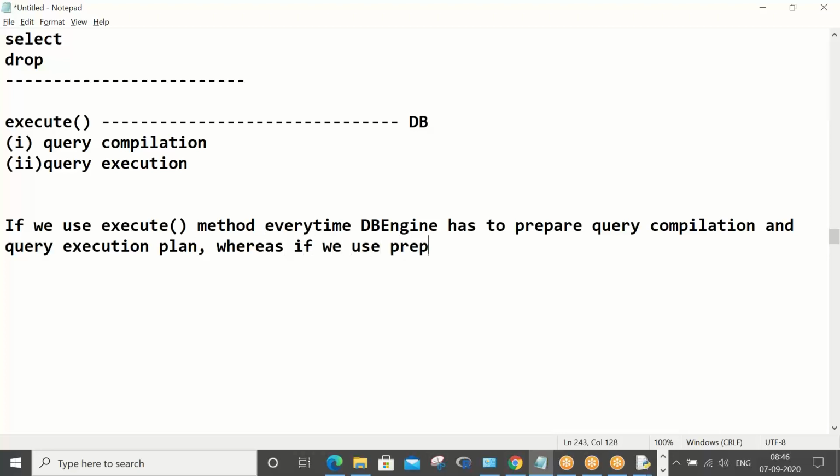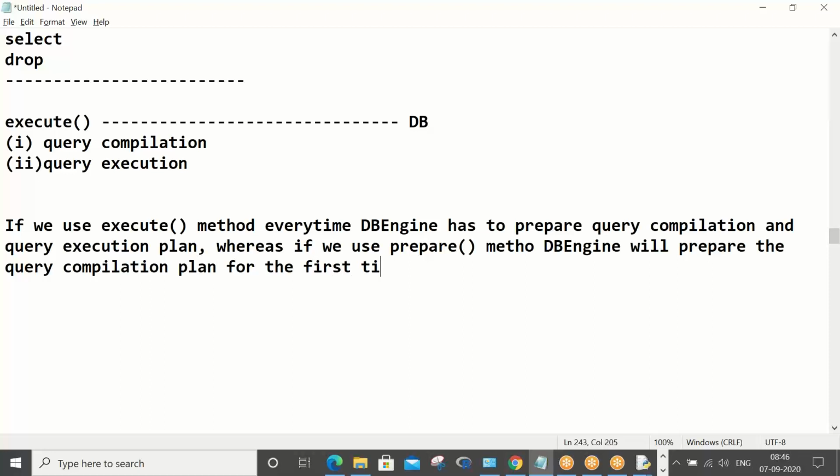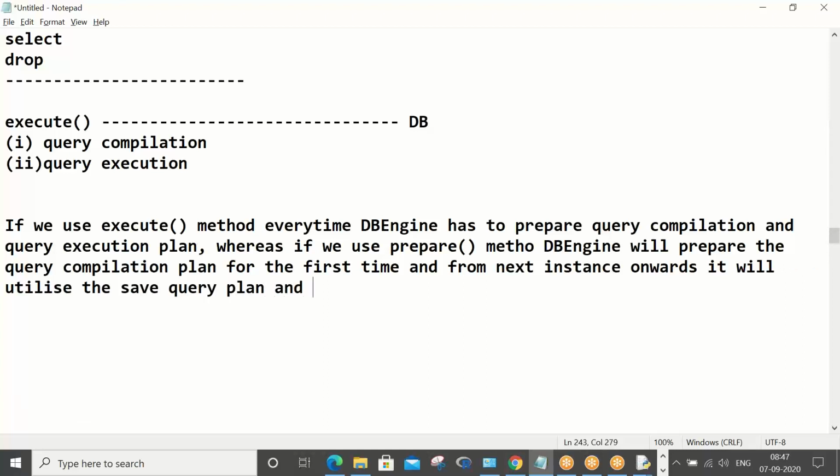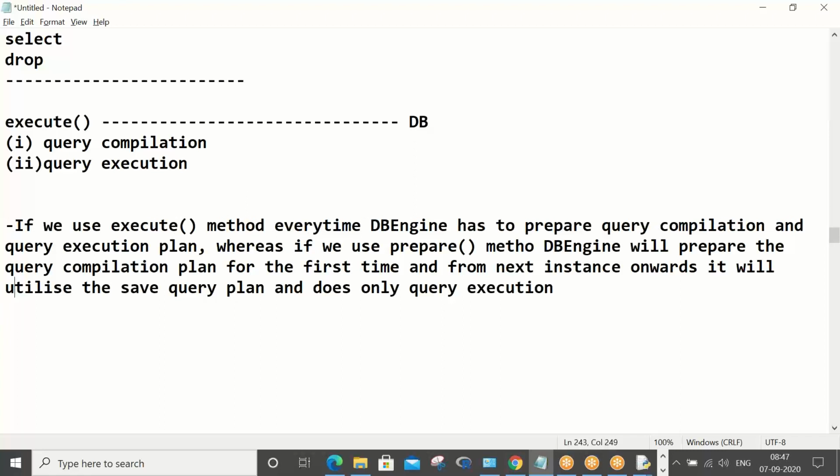Whereas if we use the prepare method, the DB engine will prepare the query compilation plan for the first time, and from the next iteration, next instance onwards, it will utilize the saved query plan and does only query execution.